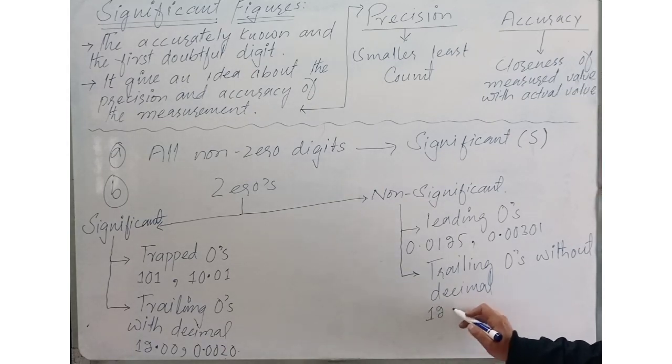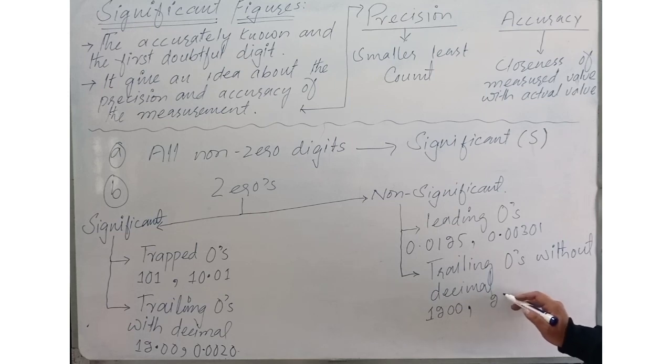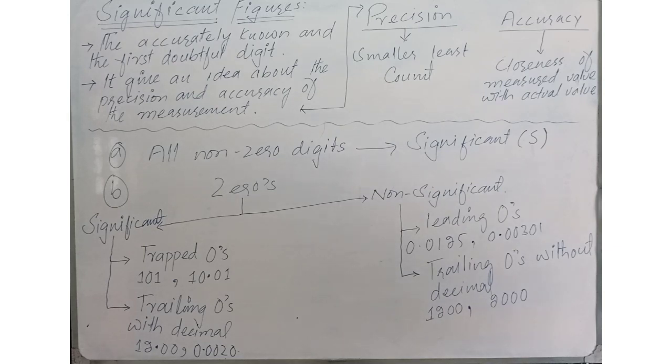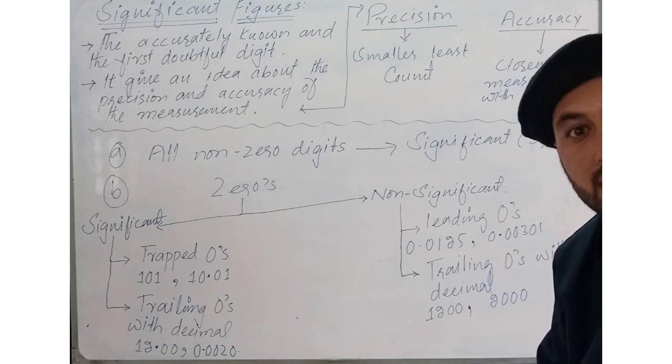What about 1200? We don't have any decimal point here, right? And both these zeros are trailing. They are just after a non-zero digit. Let's take another example, 2000. Generally we can consider them as non-significant figures, but sometimes they may appear as significant figures, and